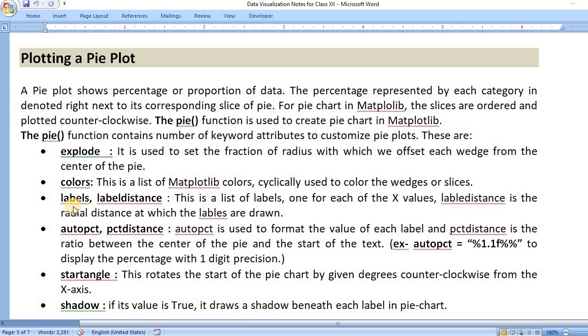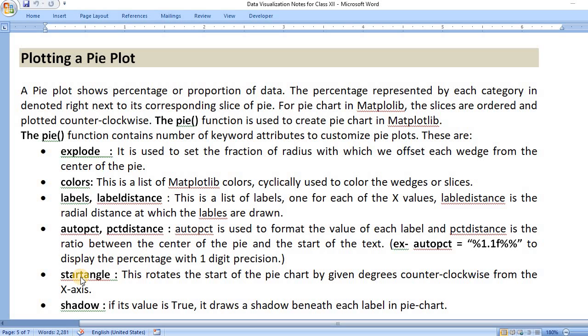Labels, we can set the labels of each slice of a pie chart, and label distance, so we can set the distance between the slice and the label that will appear in the pie plot. Autopct, this attribute will display the value in a percentage, and we can also set the distance of that value.